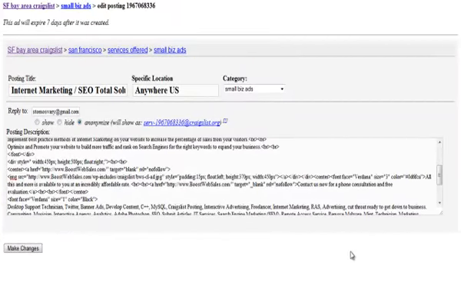Here, I've got an ad loaded up already, which I'm going to post, and then I'm going to walk you through the simple steps to optimize it. Now, you may have noticed we're using a bit of HTML in the ad, which I'm not going to go into, but if you want to learn more about HTML,